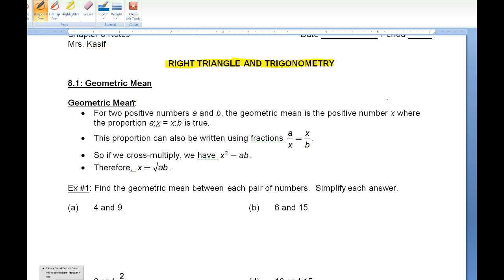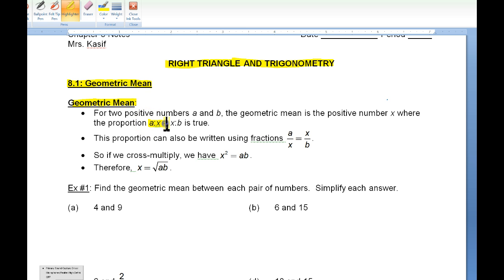But first we're going to focus on 8.1, and 8.1 is on geometric mean. So when you were back in algebra, or maybe even pre-algebra, you learned about mean, but it was the arithmetic mean. So the mean is like the average of a set of numbers. However, geometric mean has to do with the proportion